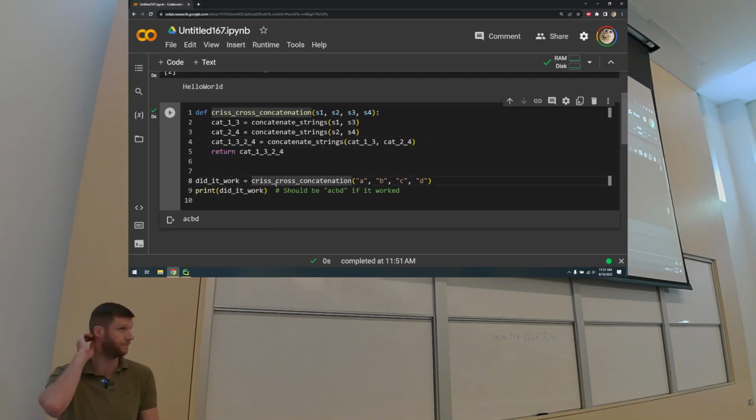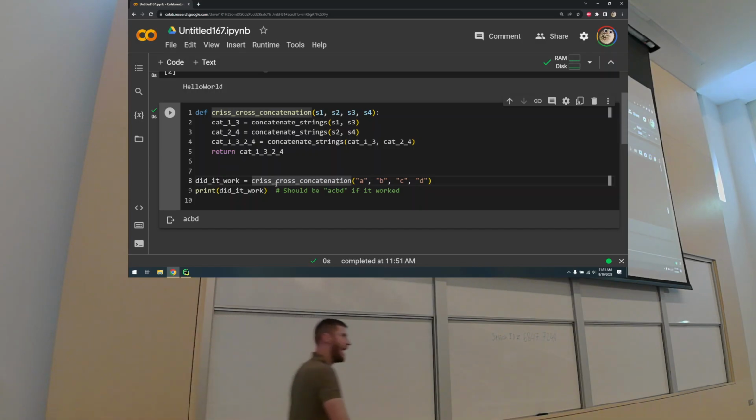And it worked. There we go. So now I wrote a function that made use of another function I wrote to solve the